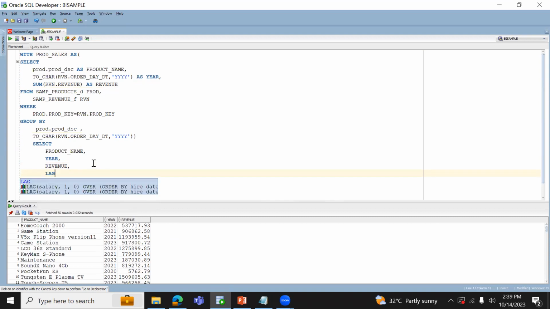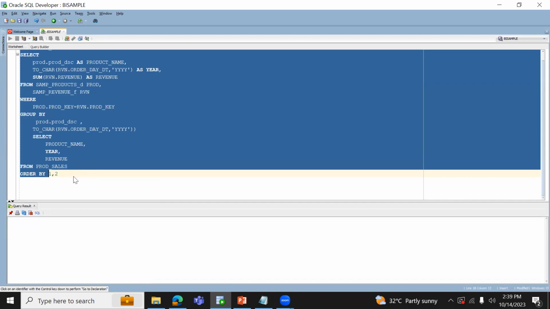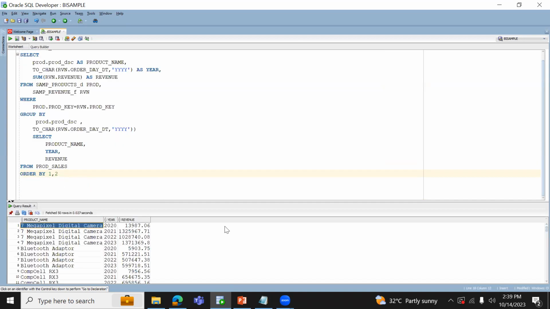Lag will help you to display, for every row, the previous row value. Example, in this situation, let me display this in ascending order. The data is not in particular order right now, order by 1, 2. So this order by is a must. Here, if you see,